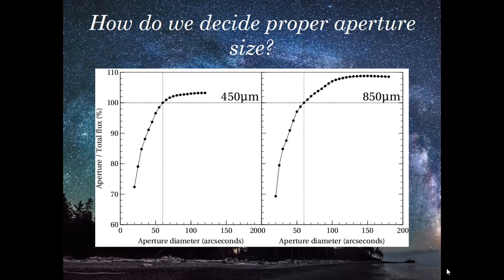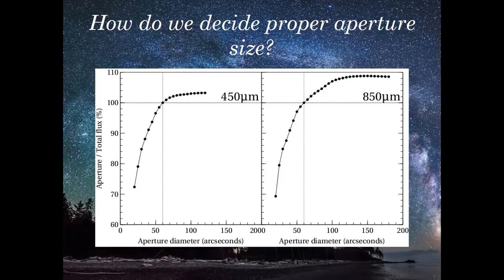It's quite anticipated that we must choose a proper aperture size so that we collect the photons coming from that particular source. So how do we decide the proper aperture or collection size for imaging a particular object? For that, you need to make a curve called the curve of growth, as you can see on the screen, which gives you the amount of flux that you receive plotted against the aperture diameter in arc seconds. So you will first try to find the curve of growth of that particular object.